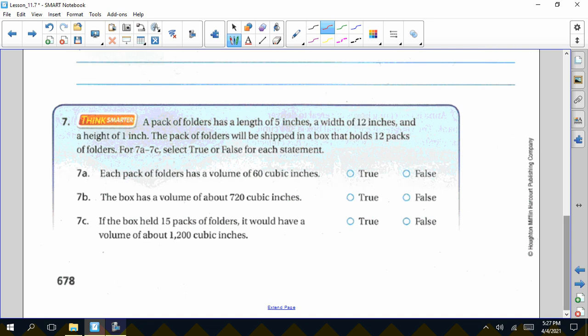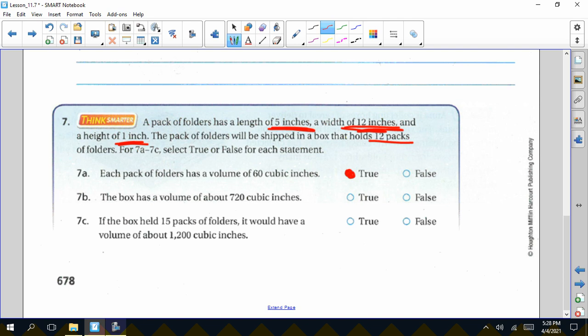Question 7 in the blue box down at the bottom. A pack of folders has a length of 5, a width of 12, and a height of 1 inch. The pack of folders will be shipped in a box that holds 12 packs. Answer the true-false statements down below. Does each pack of folders have a volume of 60 inches? Well, length times width times height, 5 times 12 is 60, times 1, the volume of each pack is 60